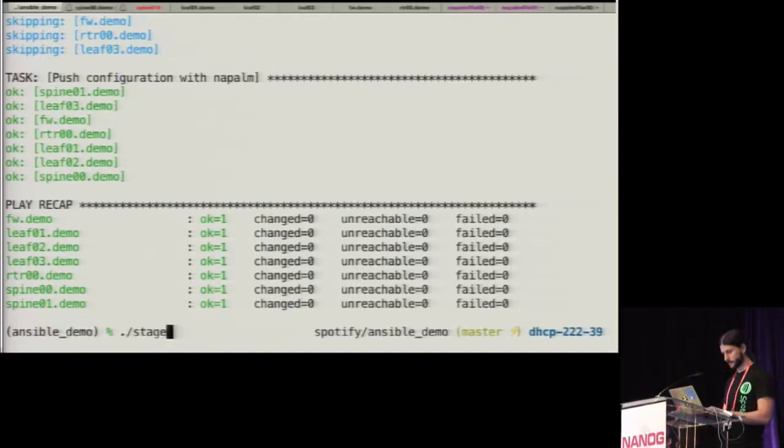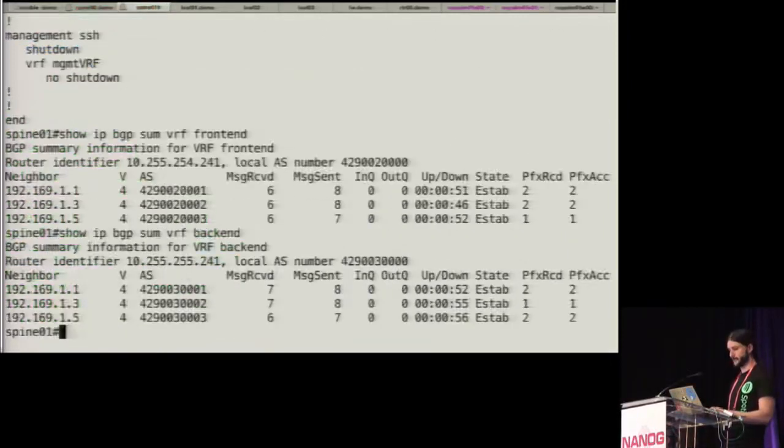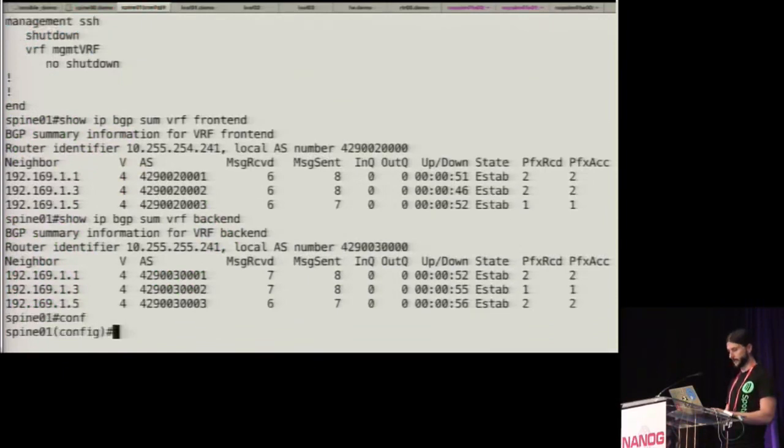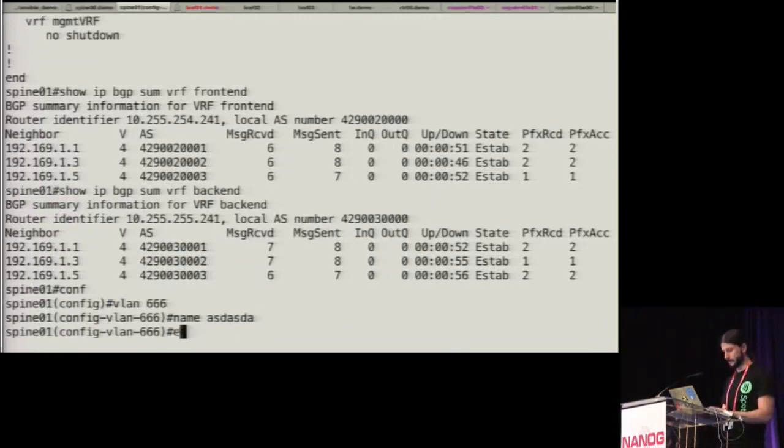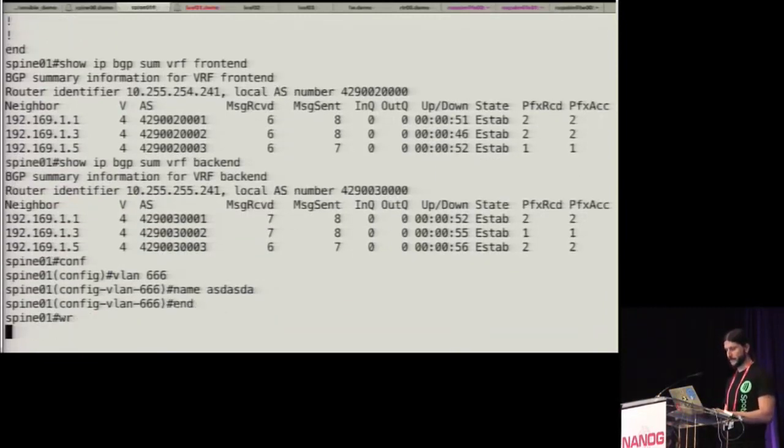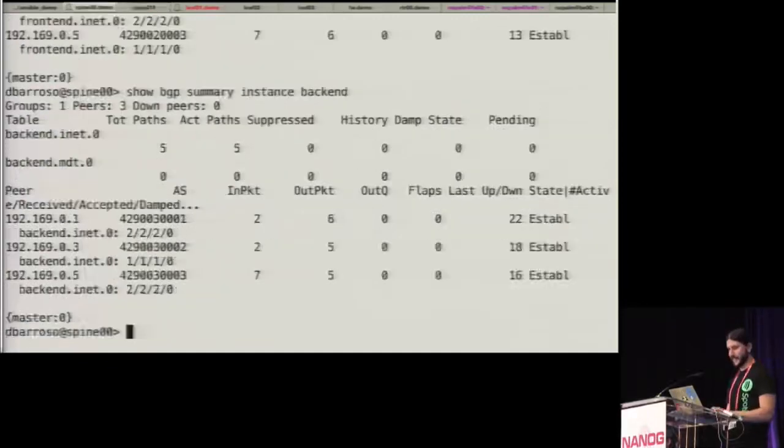Something I want to show as well: if some change is done outside this tool, the tool will kill that change. As I mentioned before, we are compiling the full configuration that we want. So if a human goes here, let's go to the spine, for example, and creates a VLAN, name whatever. How many VLANs have that name? And now let's run